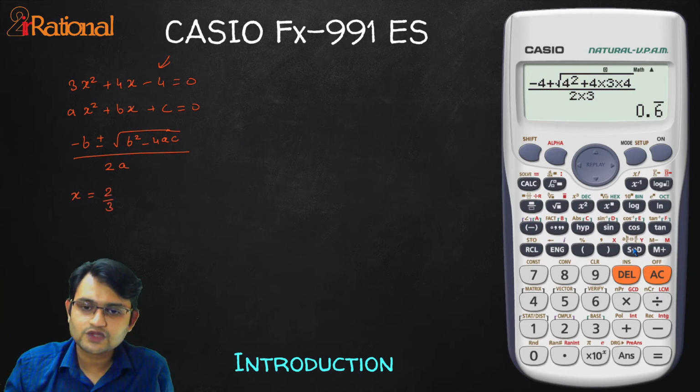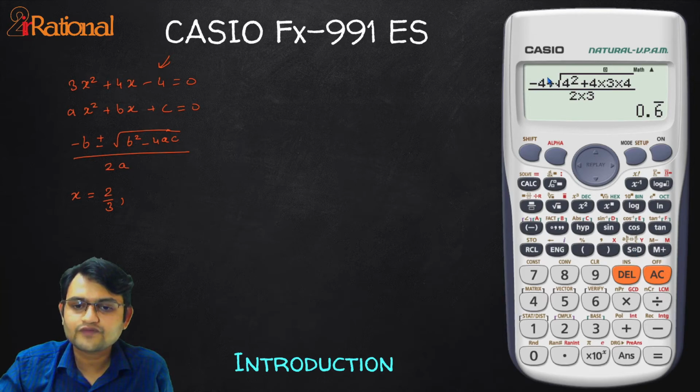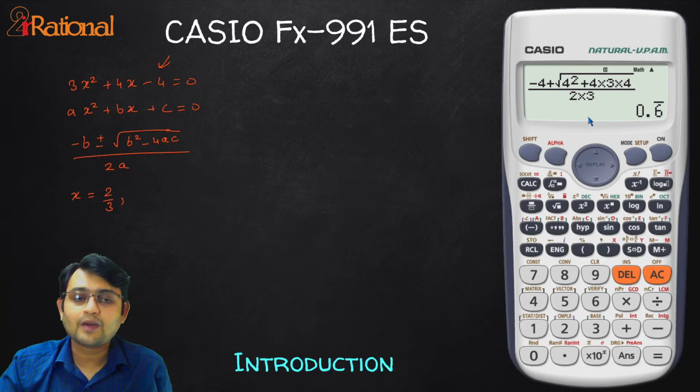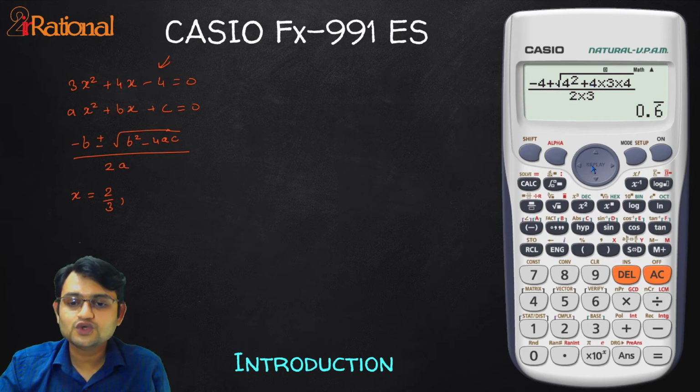And for the next value, I need the same equation. All I have to do is use the minus sign here. Now the calculator stores about 10 equations that we have previously calculated. We can use them again using the navigation key unless and until you press the on key. So if you press the on key, you will lose all your equations. But if you want to navigate to a previous equation, even if you press AC and I'm on the blank screen, if I press this up arrow key, you will find I go to my previous equation.